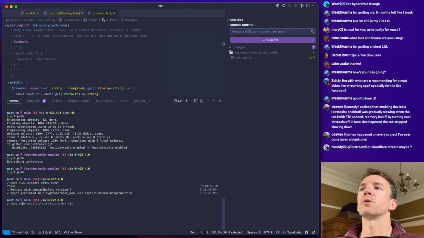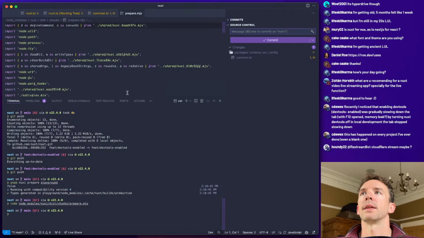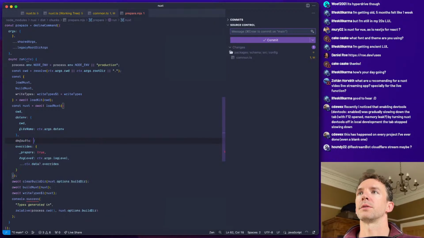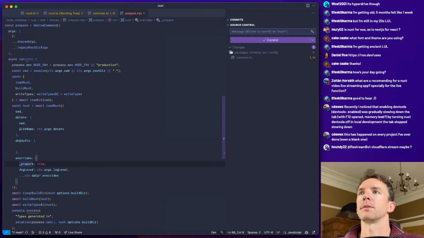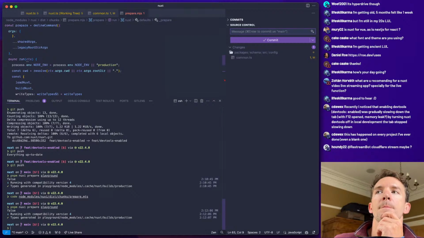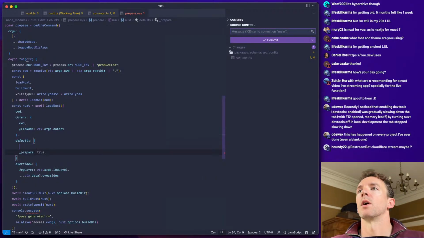Code node modules, nuxt, prepare. And instead of passing in overrides, I'm going to pass in defaults. And I'm going to set prepare true there. Let's see what happens. Still. Okay, so basically we have